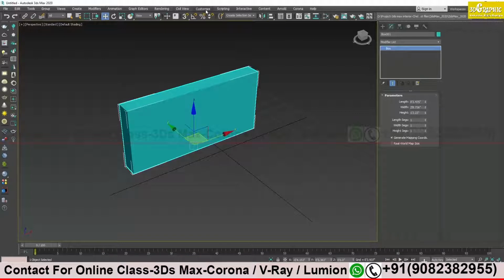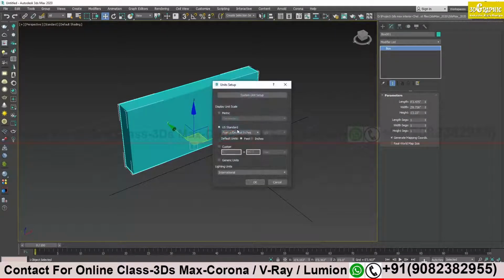If I go to Customize, Unit Setup, right now I am using feet and decimal inches, so on my right you see feet and decimal inches. Clear? As I was trying to explain before, if centimeter is applied in Metric, you will see the centimeter option over here. I will do it later. Let me explain everything, then I will change it and explain the values.